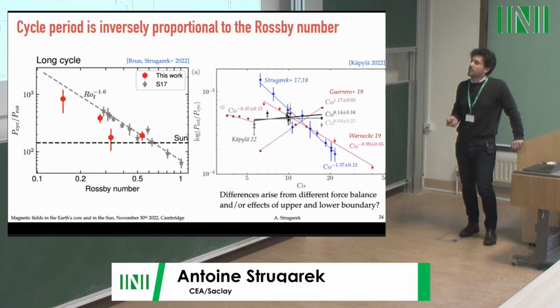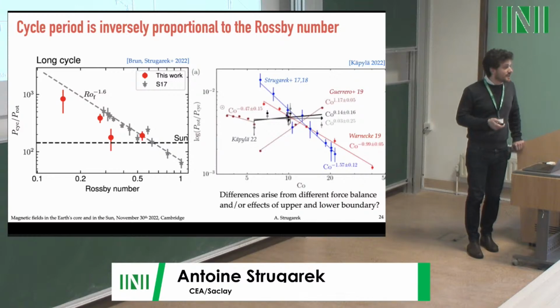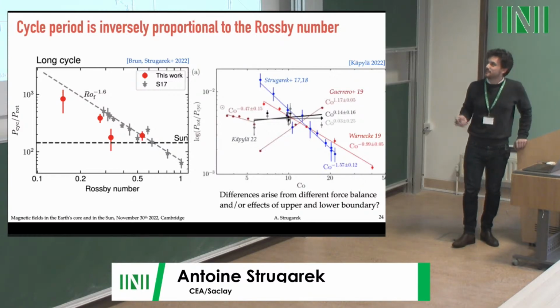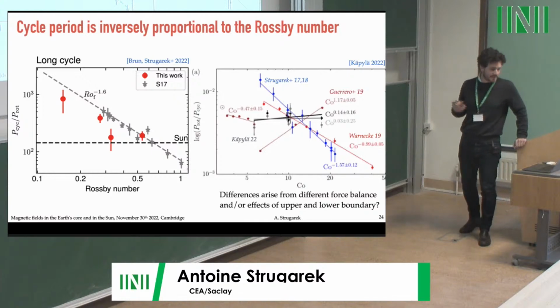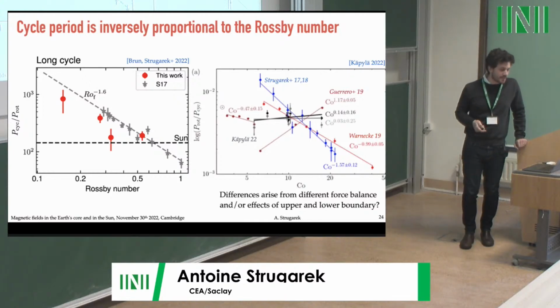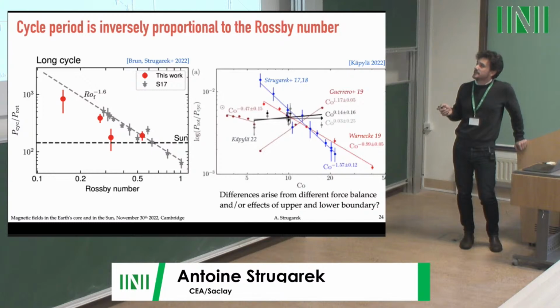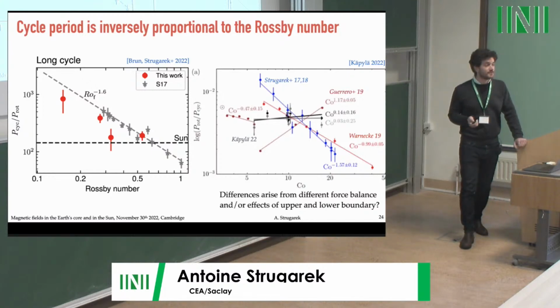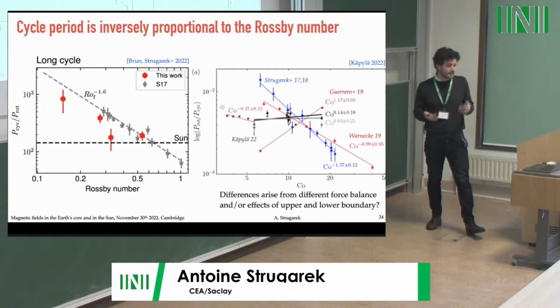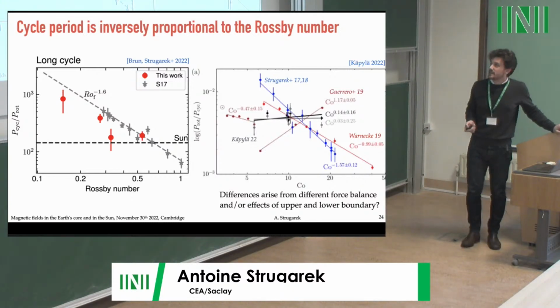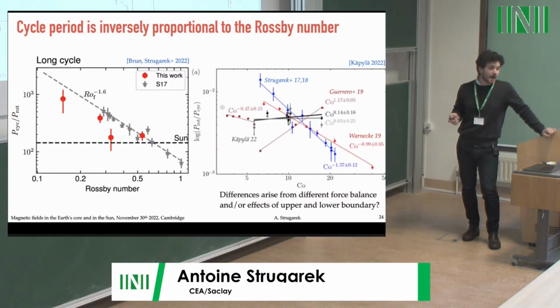And this is very problematic in many senses because each of these simulations is very costly, and so we cannot do as many parametric explorations. So we really need to understand what's going on here and what is actually related to dynamo cycles in stars. Some of the differences certainly arise from a difference in force balance, or if you want, from differences in parameter regime. But clearly, some of them rely on how